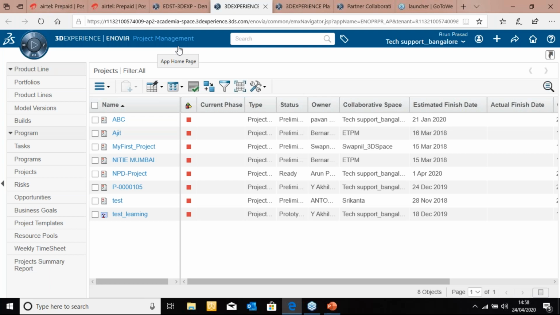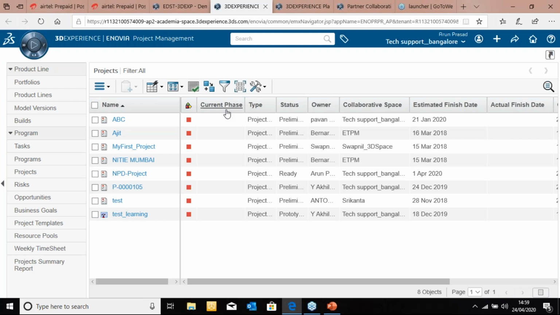That is the strength that this particular platform can bring to all the organizations who would want to try this platform at your organization. This can give you a platform that can help you to be connected with your internal and external stakeholders, no matter whatever the situation is. So as I said earlier, on this dashboard on the same 3D experience platform, I have access to all my project deliverables. As you see, there are all the projects on the left hand side, the name of the projects, and the current phase.